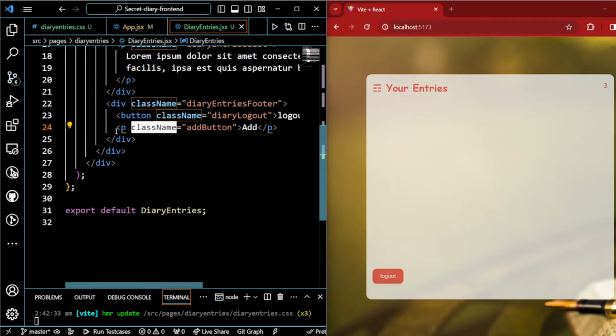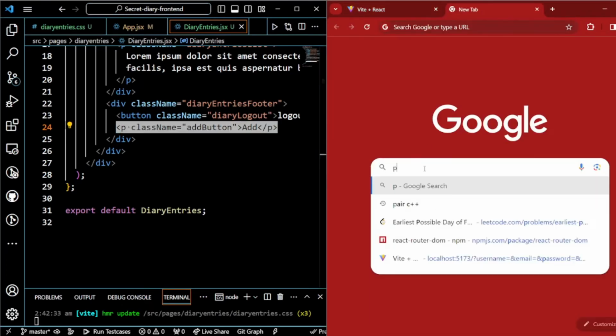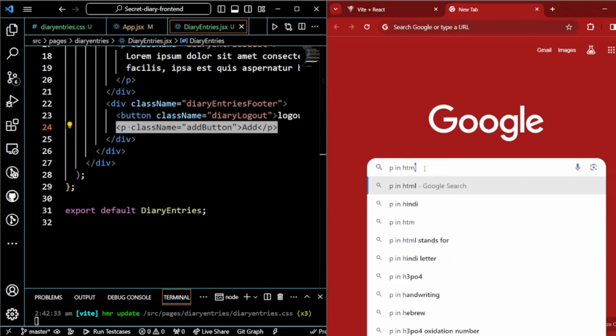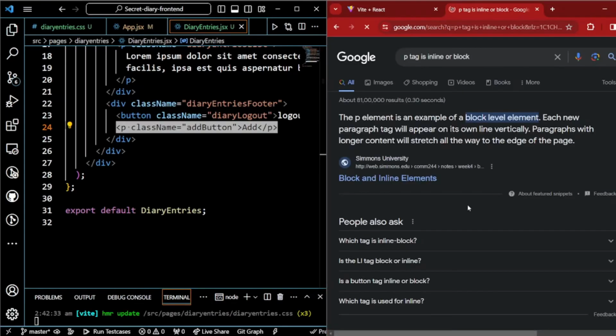P in HTML is inline or block? The p element is an example of a block-level element, so each new paragraph will appear on its own line vertically. Block level means it will cover the entire width, and inline level means it just covers the part where it is. So I don't want to use inline here, so let's use